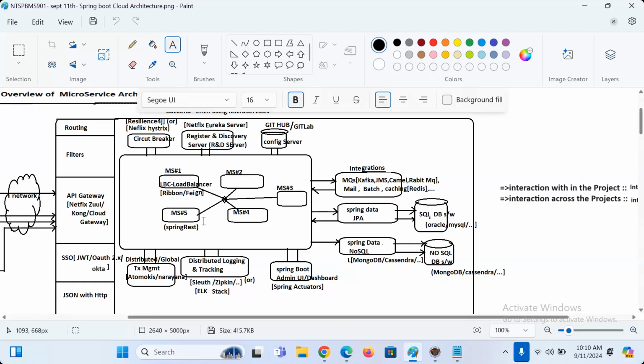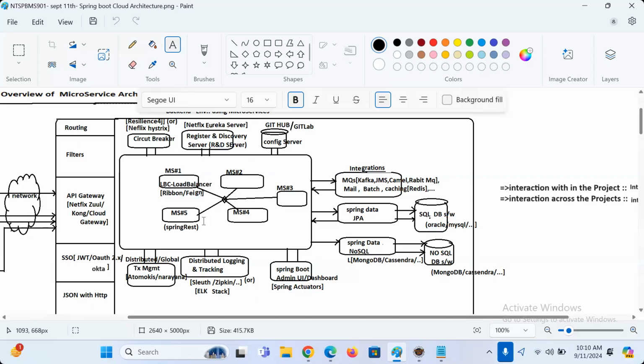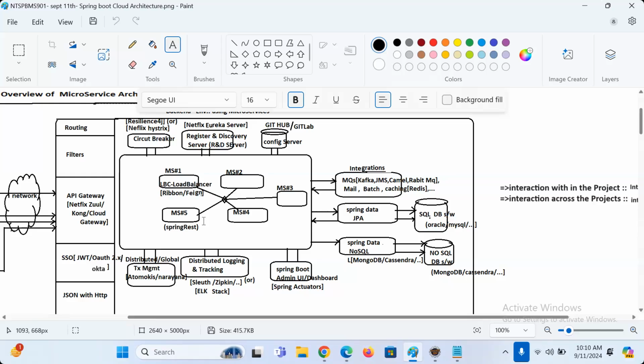It does commit and rollback activities on how many database software? One database software. But right now, on multiple microservices which are not using the same database, which are using different databases, I want to do commit activity and rollback activity. If committed, data should be committed in multiple databases.